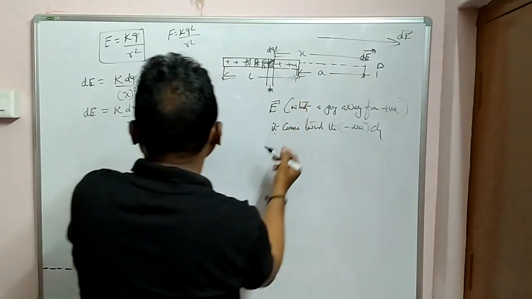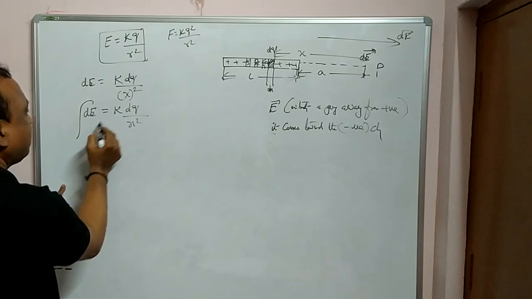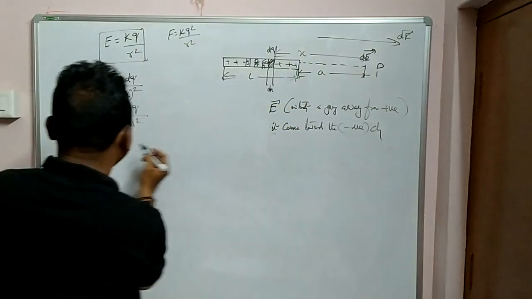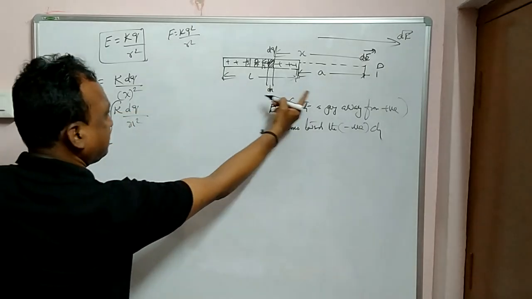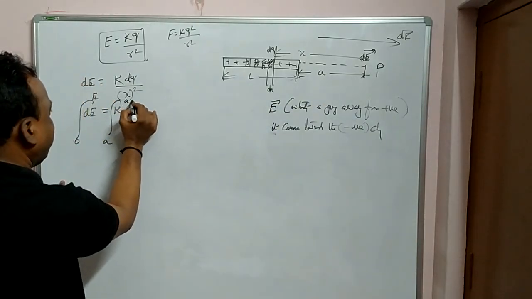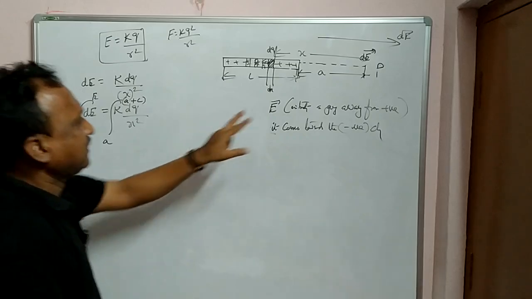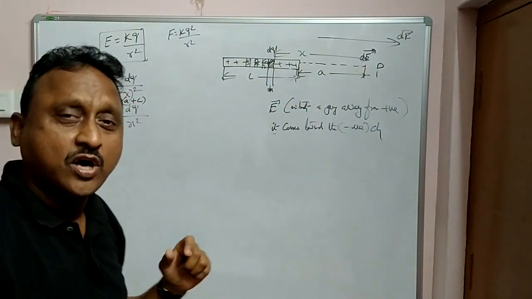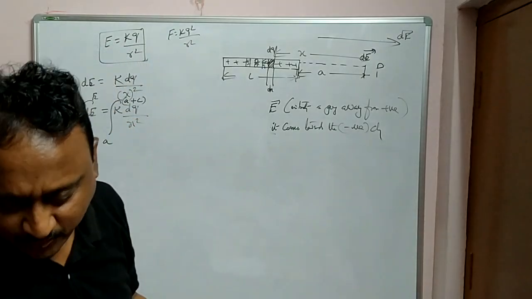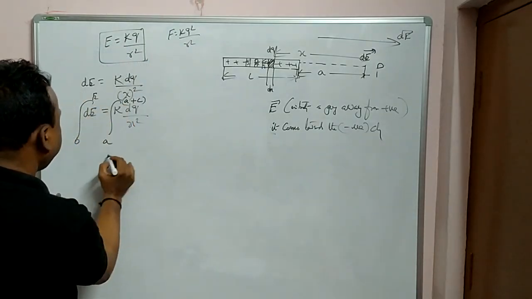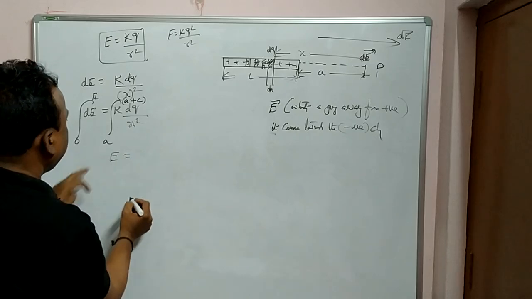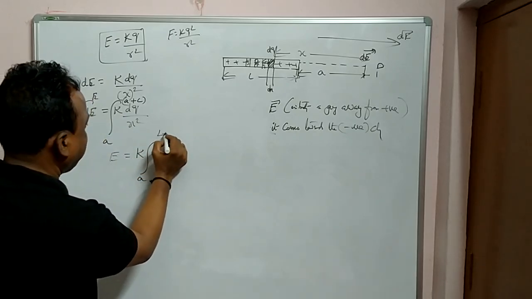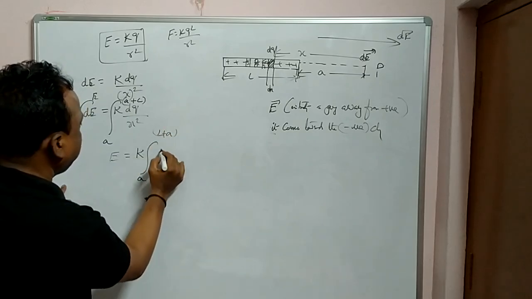This distance is L. So from where to where do I need the limits? Here it is A, and the total distance is A plus L or L plus A. This is A and this is total distance L plus A. This is how I have to integrate to get the value at that point. Therefore, this one integration is E, K constant, integral A to A plus L, either way, commutative property,